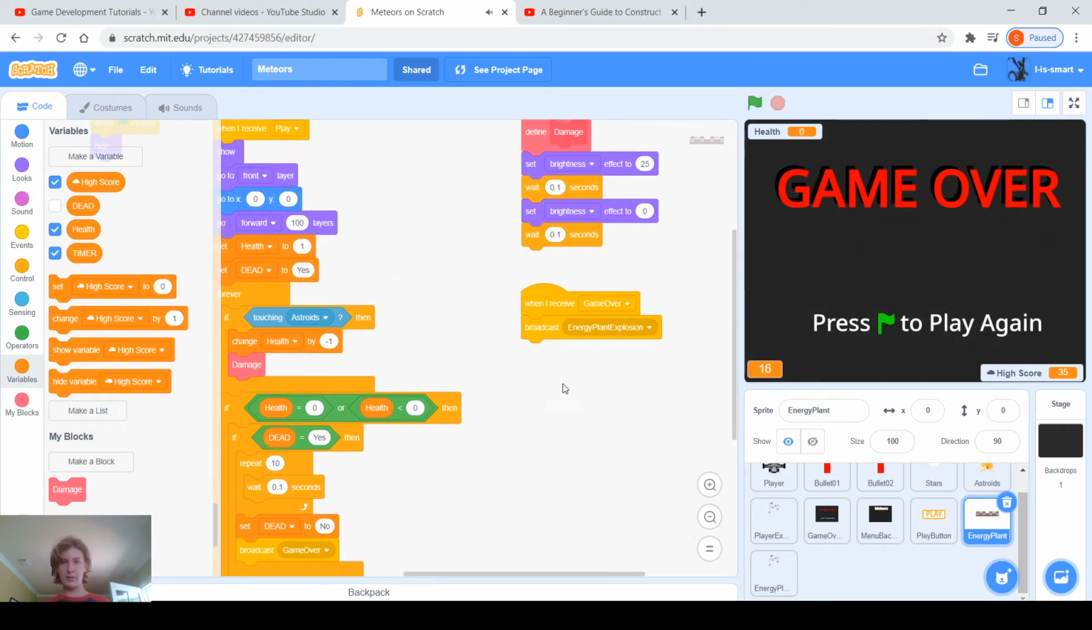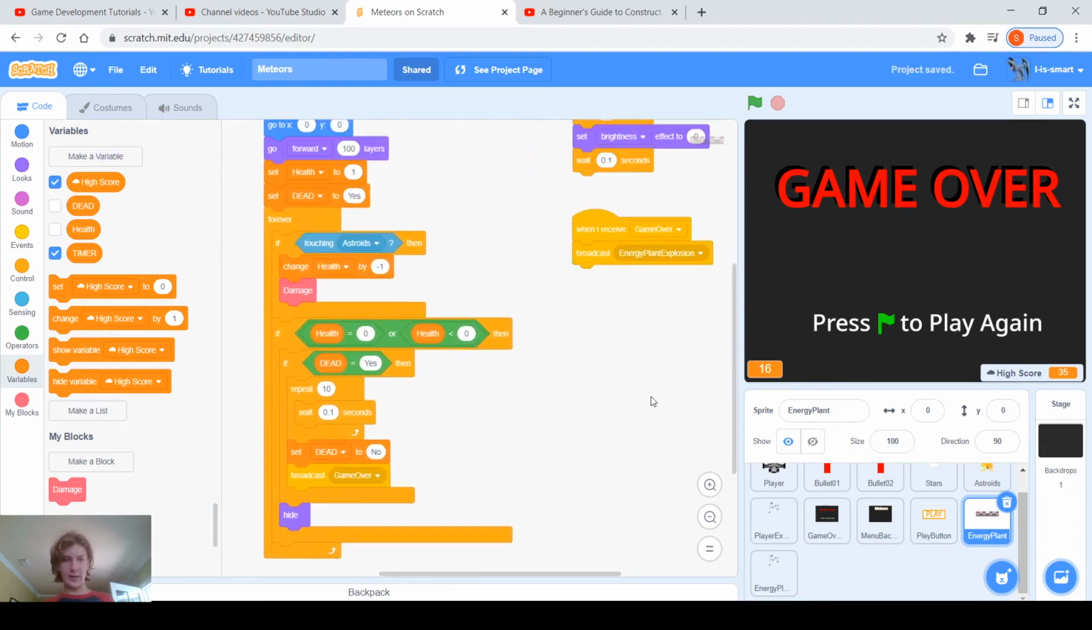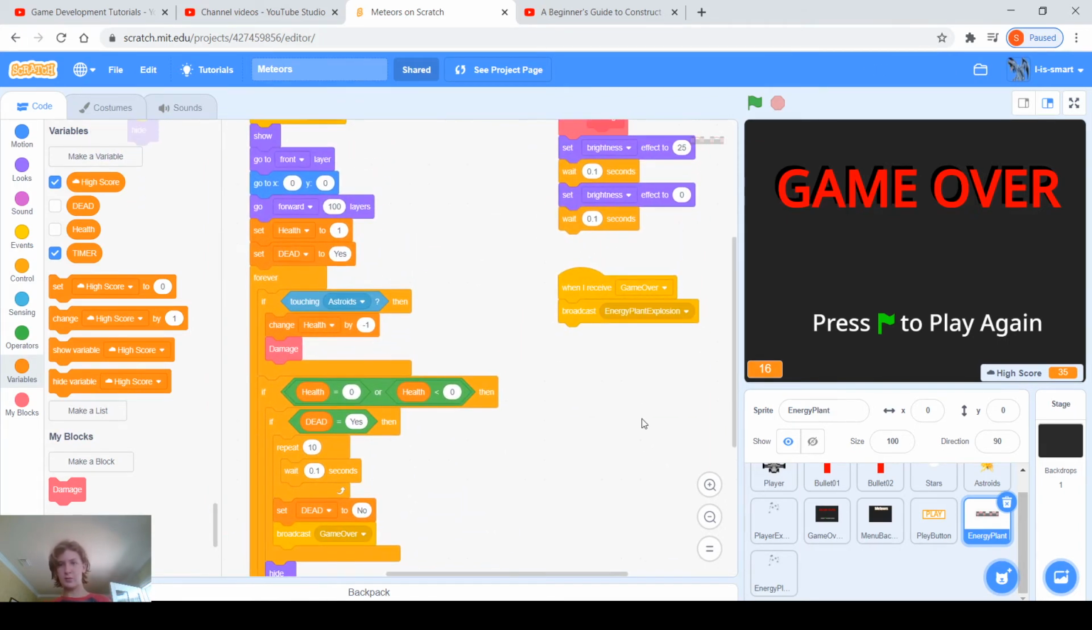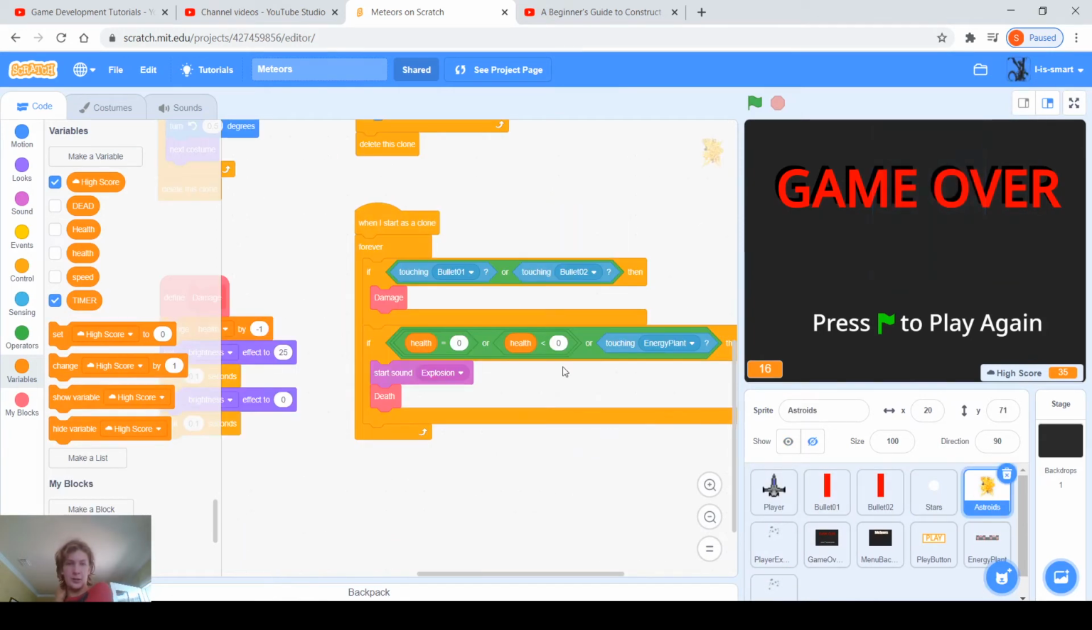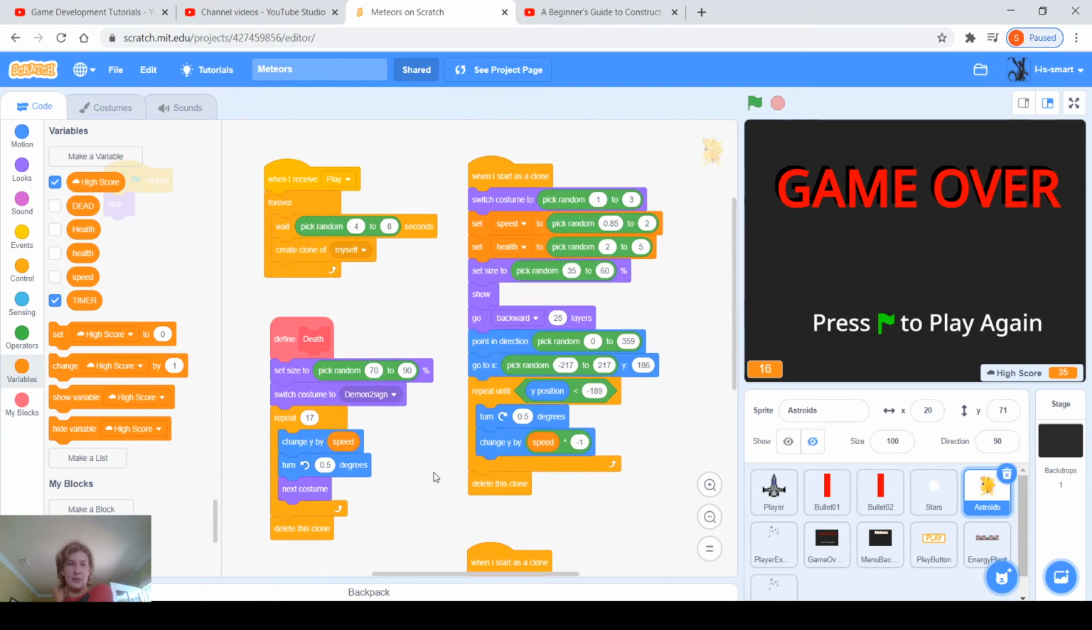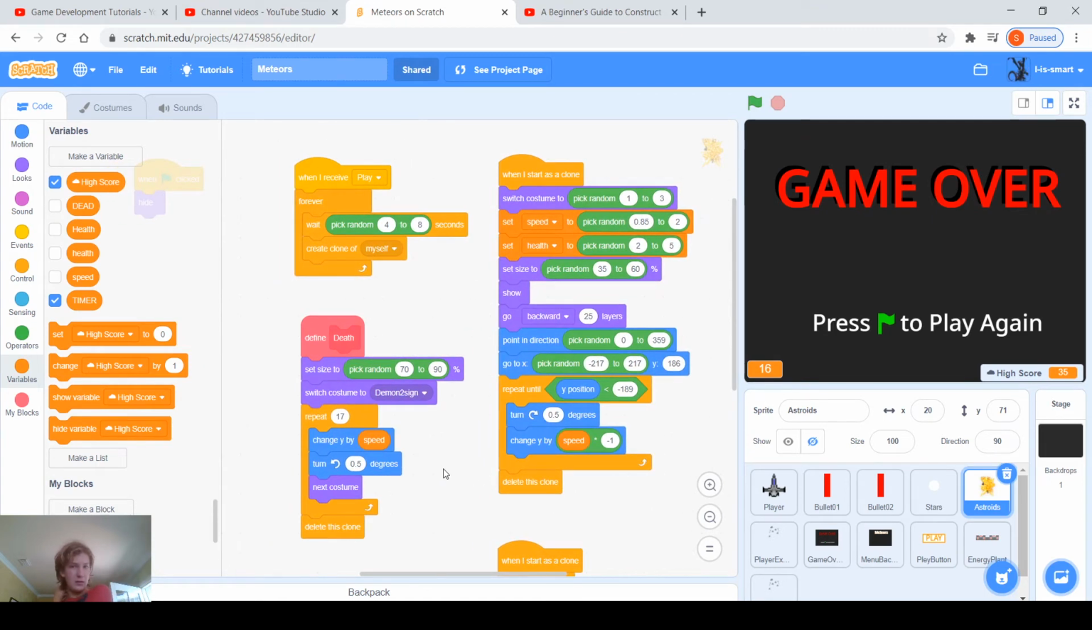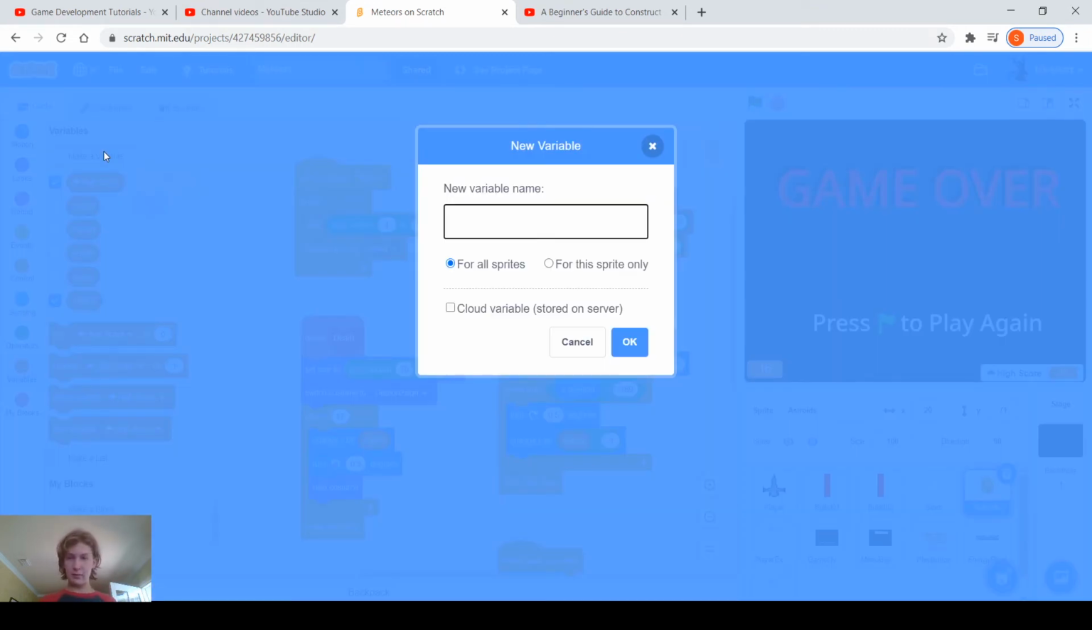There we go. Okay, that looks good. Now let's make the asteroid speed increase over time. That should be pretty easy. We just need to change one thing. We just need a variable